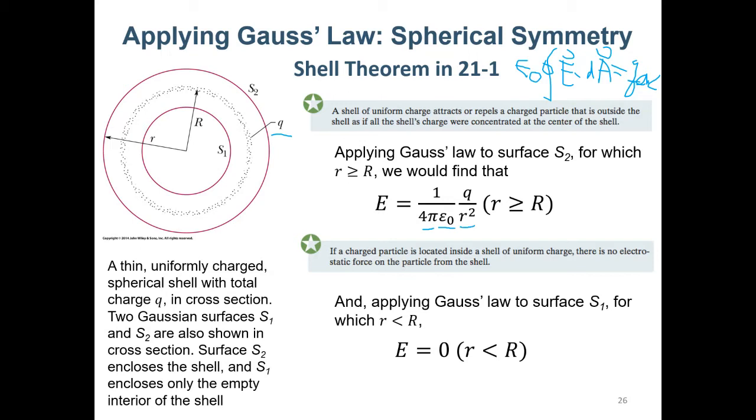So we have something like this, and it's just like all the charges are distributed here. As long as the charge is distributed uniformly on a shell, from the outside you will feel that it's the same as all the charges being at the center. So this is the first statement of the